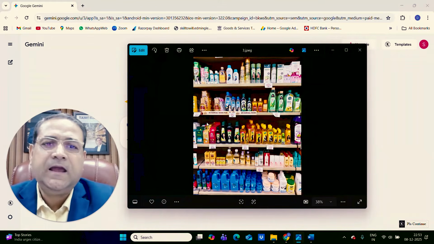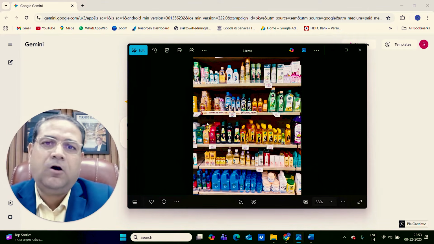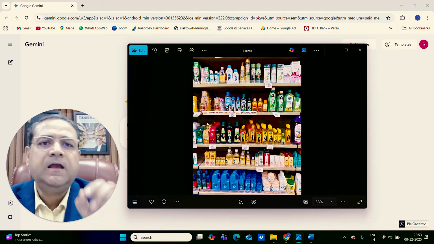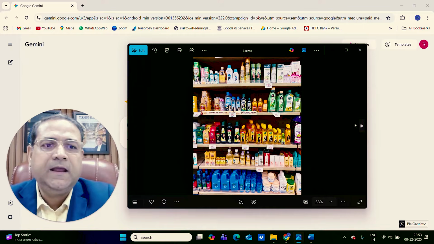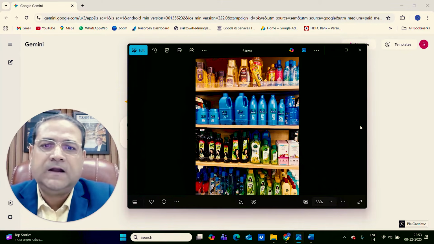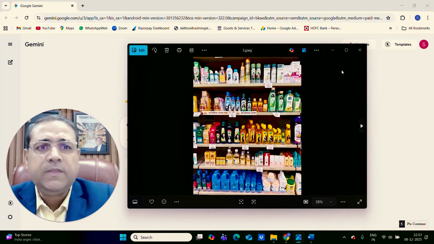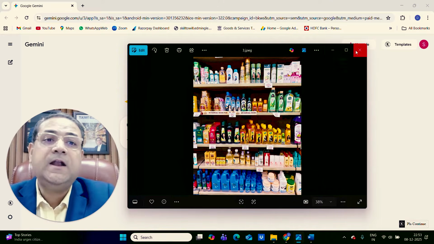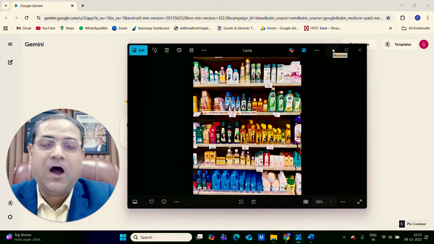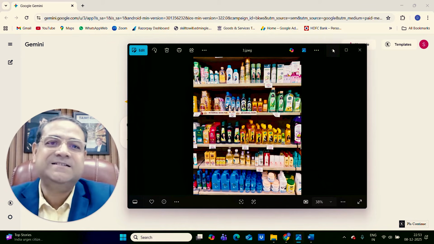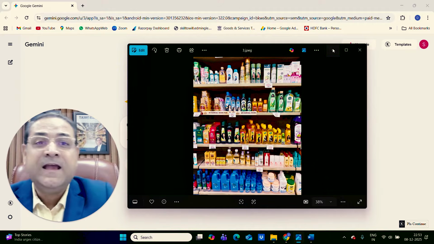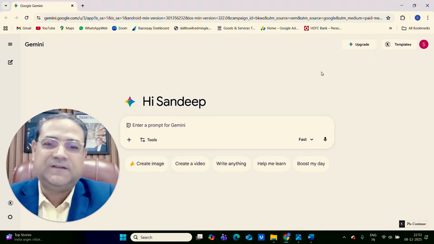Now this is typically a hair care category shelf, or specifically all hair oils, mostly hair oils. So this is the hair oil category, and this is another photograph that I have taken of the same category in another store. So two stores, two different photographs I have taken. Now let us see what we can do with these photographs, whether artificial intelligence can give us the answer of share of shelf, brand presence, and all those things.